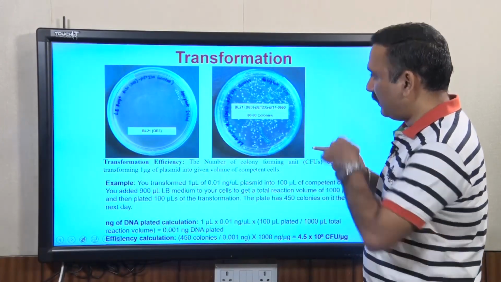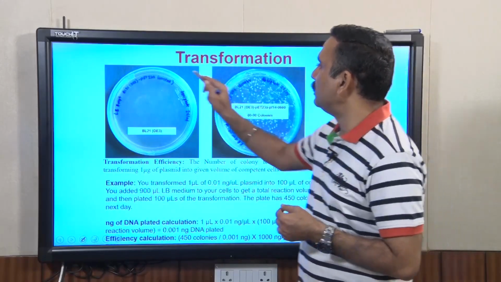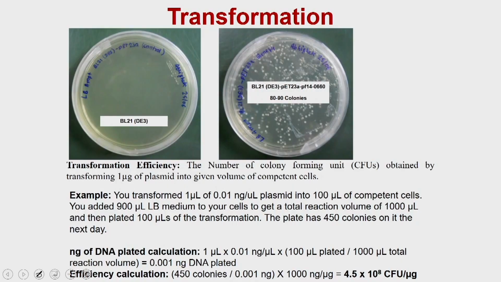And this is what you are going to see when you do a transformation. You are also going to do a control transformation where you take only the competent cells alone. If you only plate the competent cells alone without the plasmid, you are not going to see any colonies,